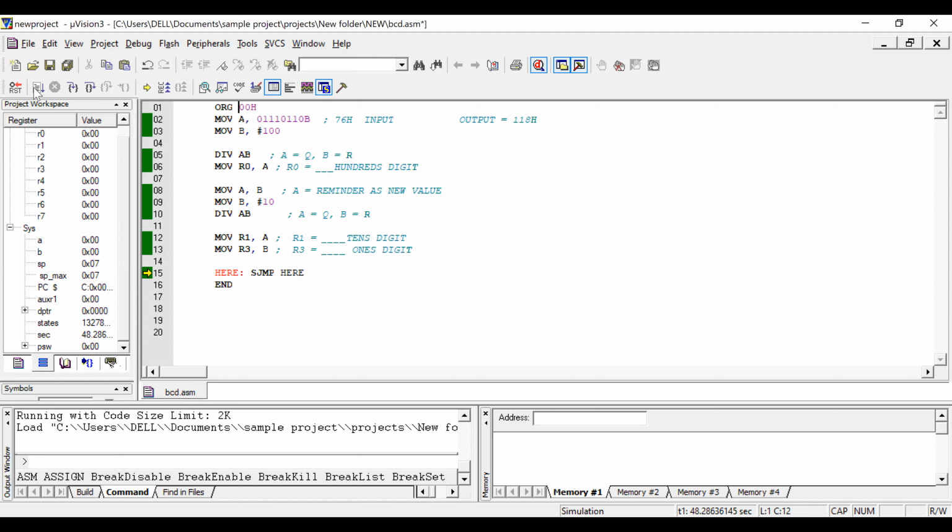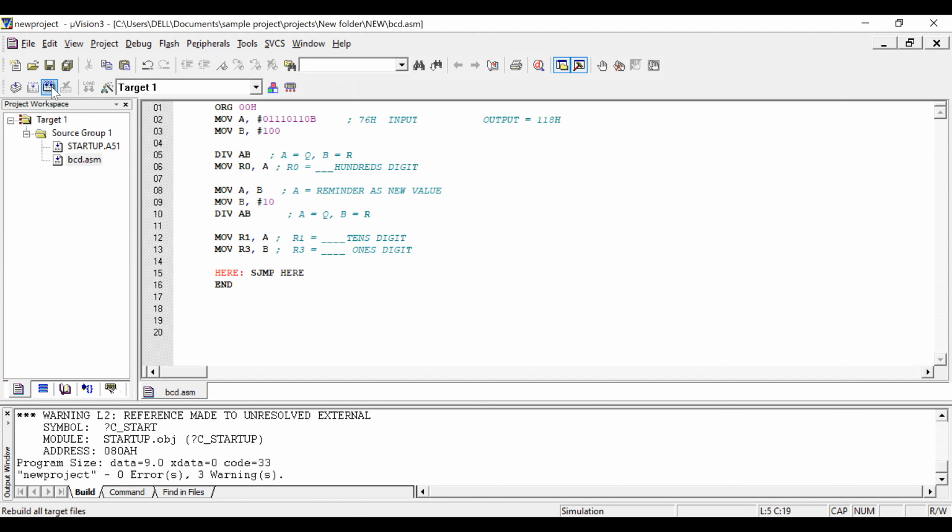So here, one mistake. Always, if you give the data, if it is the data, then it should start with hash. Okay. Immediate addressing.